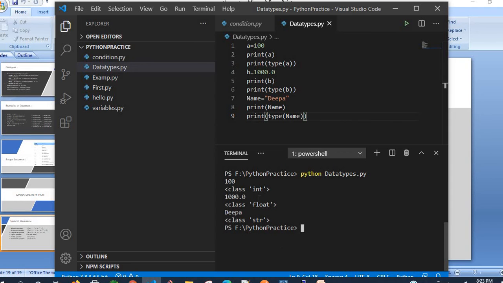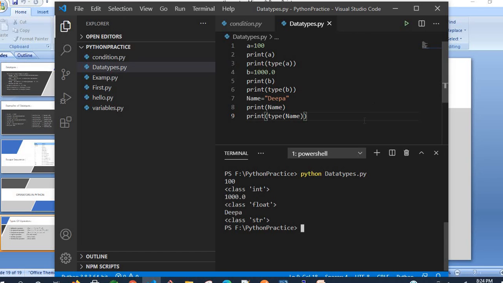See here, these are the A value, A type, B value, B type. This is the value of name variable. Name is equals to Deepa I have given. The name here I displayed by using this print statement, and in the second statement what type of value it is taking, that is nothing but str, string here.